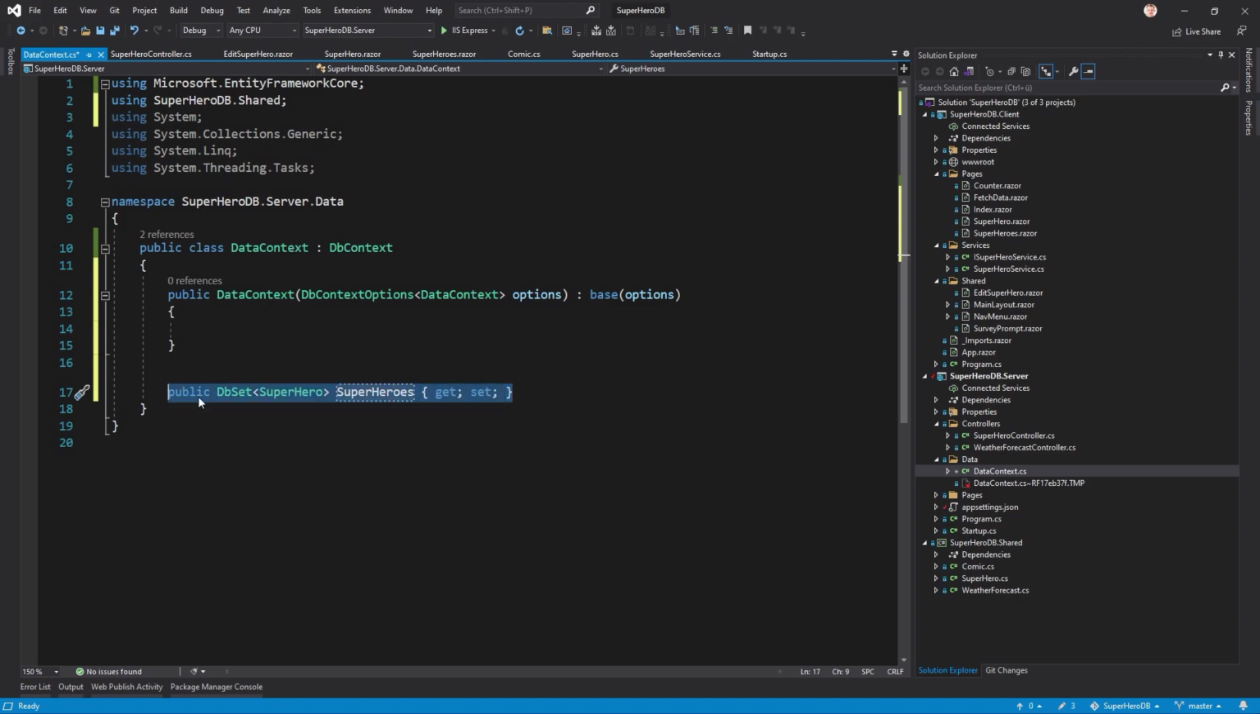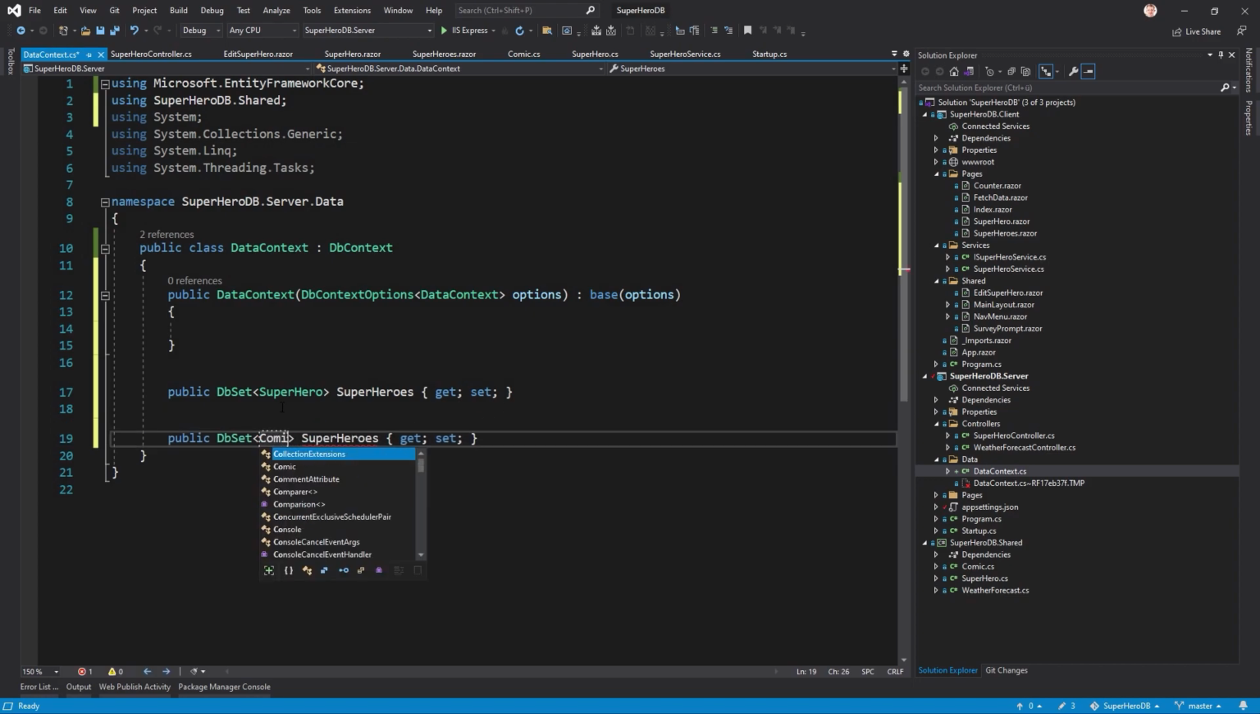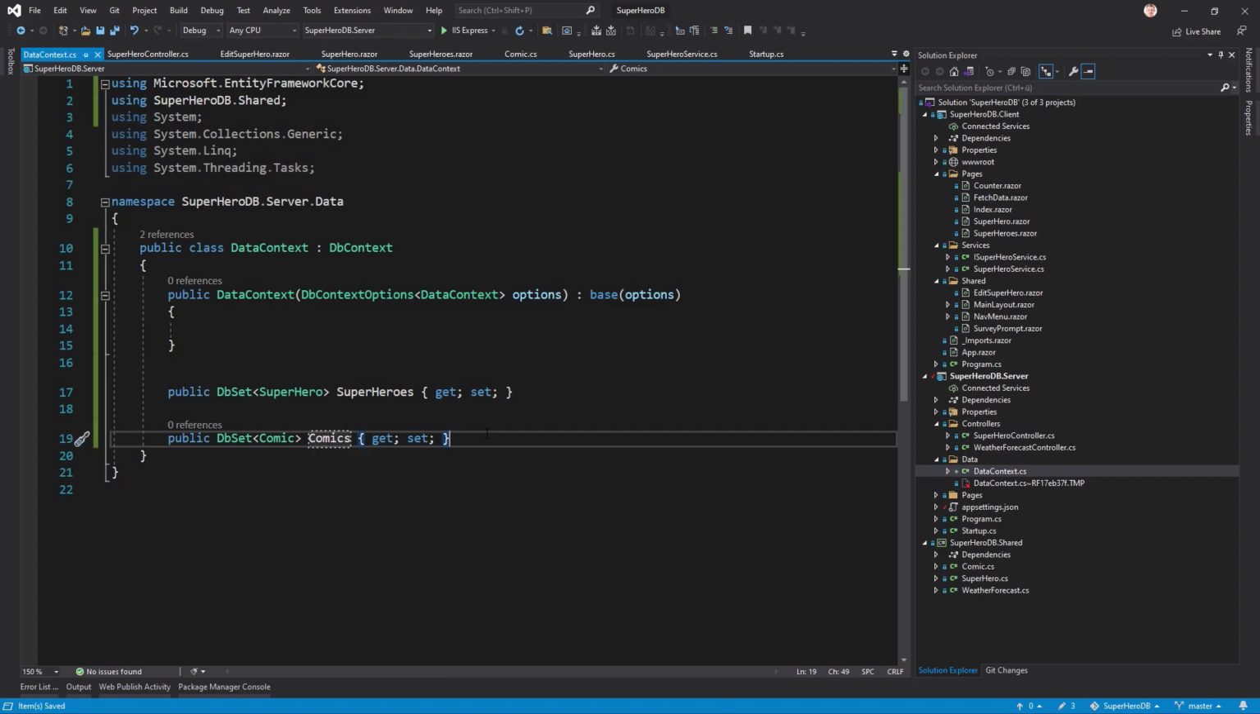Simple as that. And we also need another one for the comics. So the type is Comic, and we call this one Comics. So far the data context, and now the last thing we have to do before we can run our first migration, because we're using code first migrations here, is we have to register this data context, and this magic happens